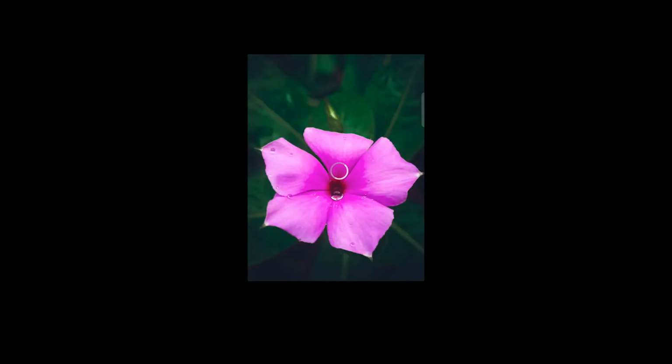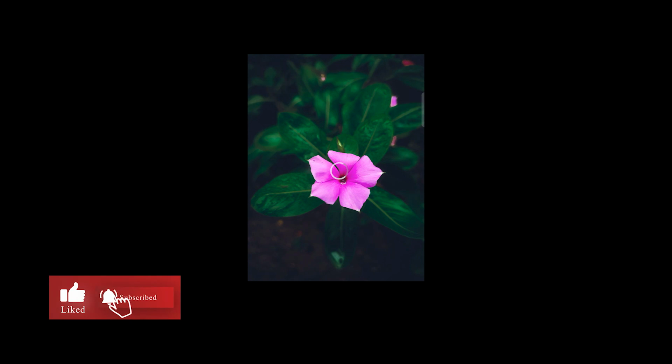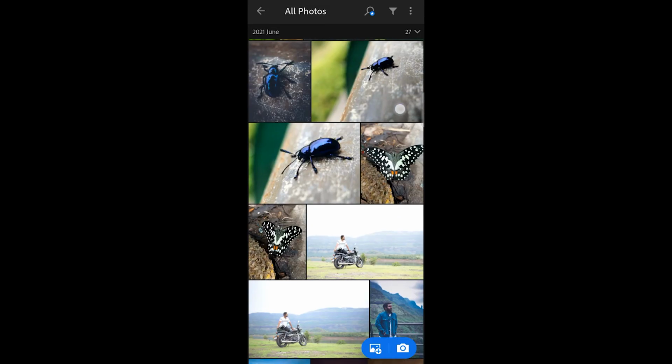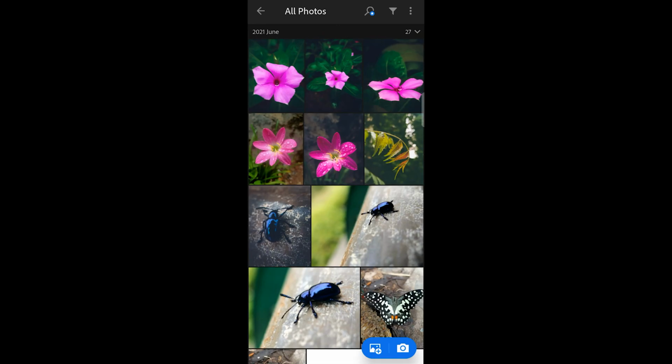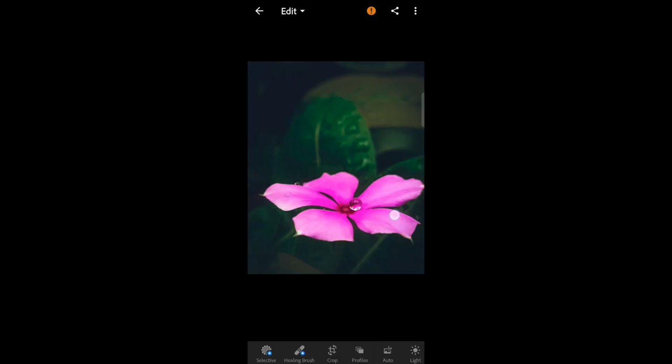By the way, I am using Adobe Lightroom. I think it's the best. You can use Snapseed also, but I think Lightroom is best. See, even if I go back, like in Snapseed, once you have downloaded the photo, the settings get changed. Here I can come anytime and I can change it. You can keep changing it.